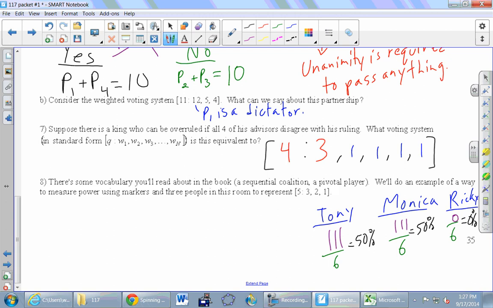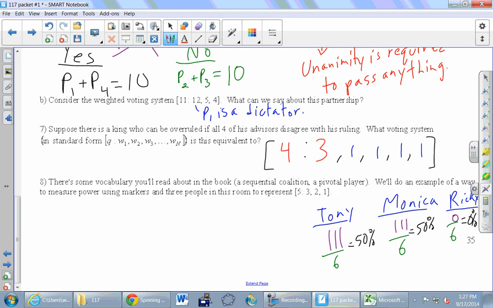And this is one way to figure out how much power each person has. It seems like a pretty reasonable way because we took care of every possible ordering. So it wasn't like anybody got special treatment. We did every possible order of those 3 people. And in every case, somebody was the pivotal player, and we just recorded how many times that happened.